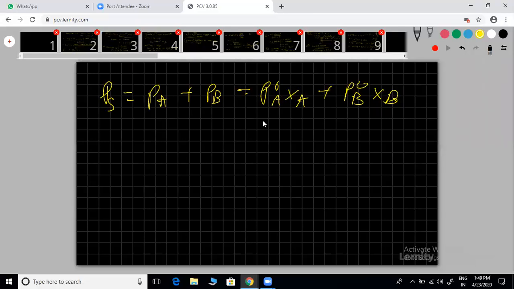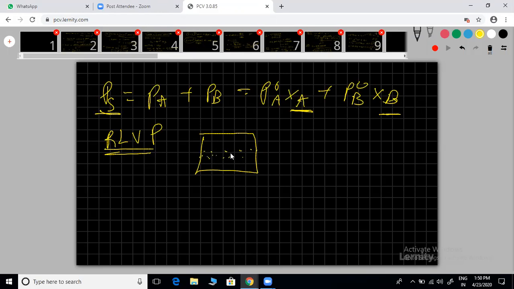Here we have some graphs you will get. Based on this, they can ask graphs of PS against the mole fraction XA or XB. Mostly keep in mind that for the solvent, they can ask graphs. This is the solution, and our target is RLVP, relative lowering of vapor pressure. Where is our formula? If this contains a non-volatile solute, what is the meaning of non-volatile? This terminology is important. It means the solute may not evaporate. The solute particles don't evaporate; they remain only inside the liquid.